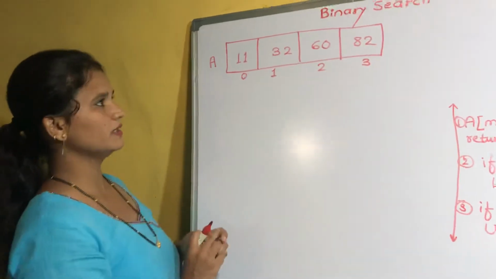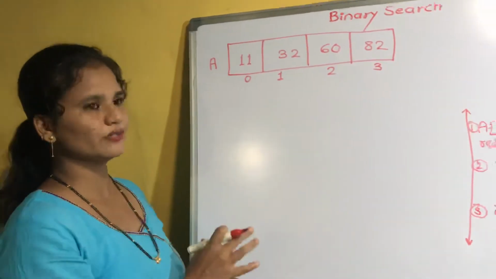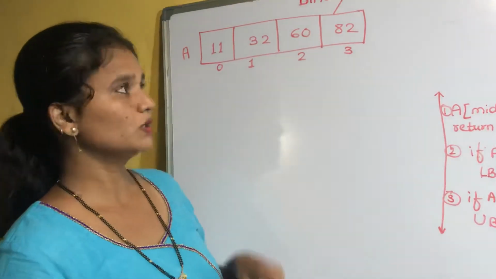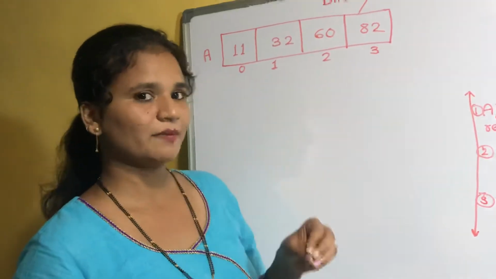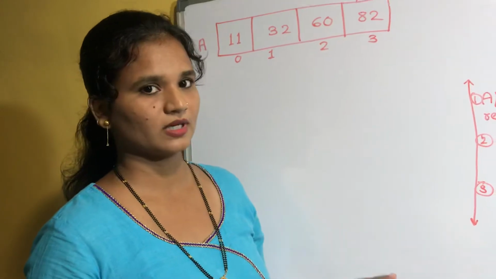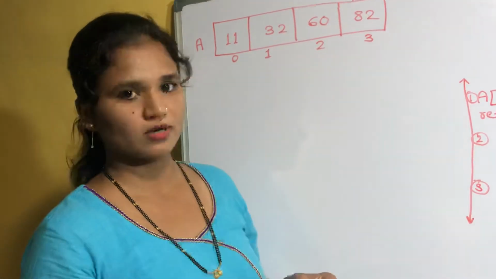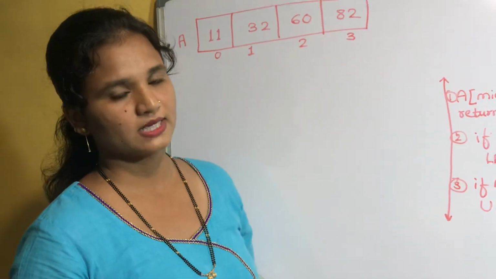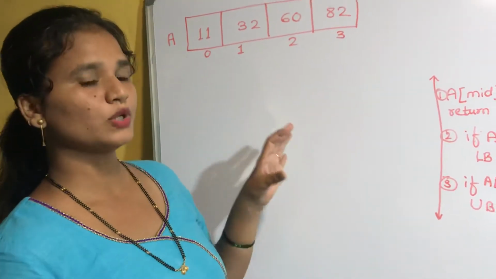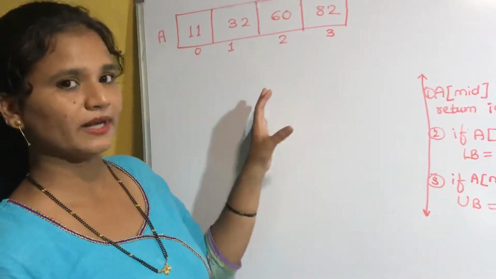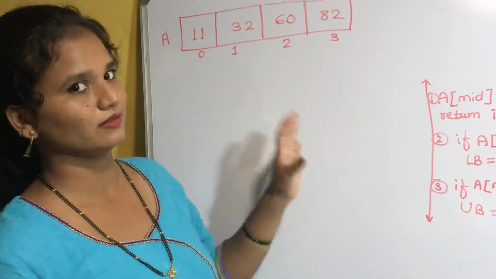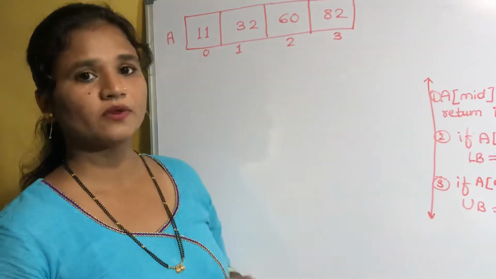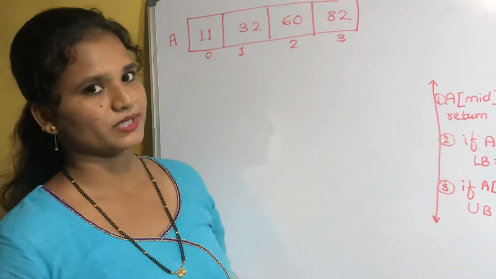Now see here, what is the difference between that video and this video? In that video the element was present in the array, isn't it? Meaning when a match occurs, the binary search algorithm will return the index of that element. In this video we are going to see an example in which our search key element is not present in the array. So where to stop? Where will the binary search algorithm stop searching? That we are going to see.